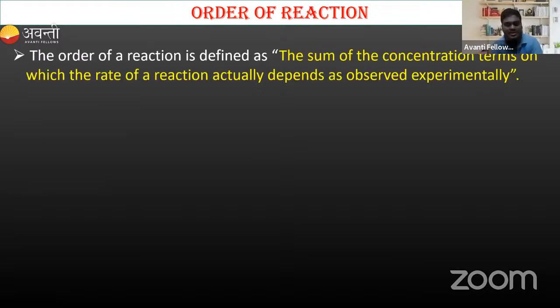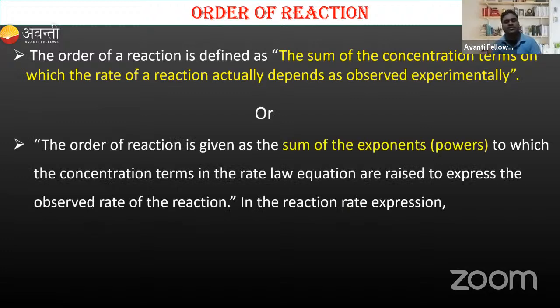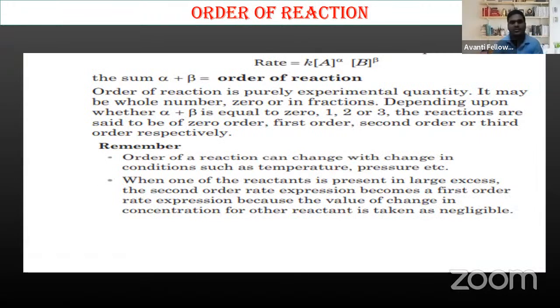Basically, order of reaction is defined as the sum of the concentration terms on which the rate of a chemical reaction actually depends, as observed experimentally. Or we say that the order of reaction is the sum of the exponents, or powers, to which the concentration terms in the rate law equation are raised to express the observed rate of reaction, that is, in the reaction rate expression. How will you see that? Let's see. For example, if the reaction is like A plus B, right? A plus B gives us